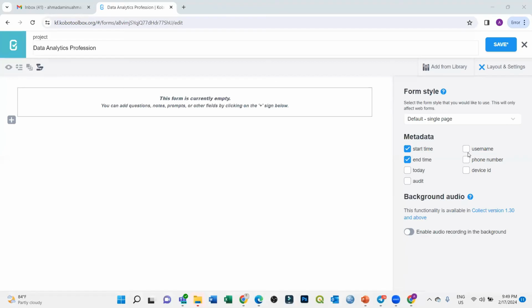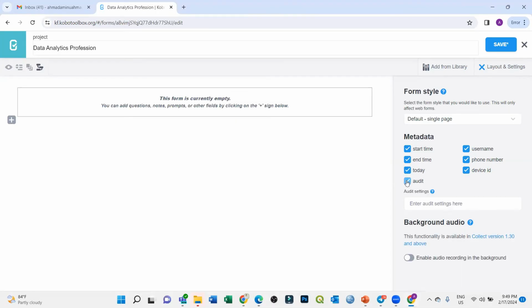So that's two things. Then we have username. We'll know the user that sent the data. If we want to see this username, we will tick it. Anything that you want to capture, just tick it. Today will capture the day that the form was filled. If you were asked to fill the data between the 14th and 15th, but you didn't do the work until the 16th,